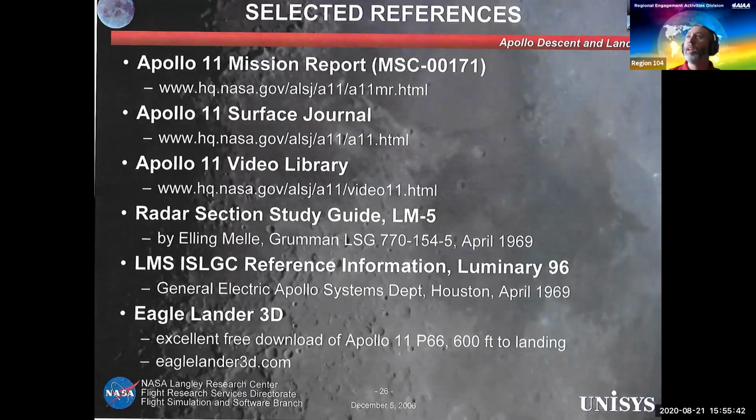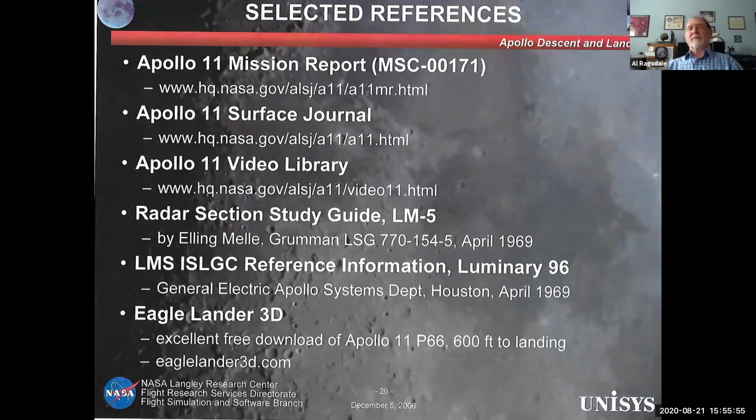Okay. Let's see, it says, were the IMUs the only source of the velocity vector components? Well, you have the AGS doing its thing over there with the strapdown system, but yes. They would uplink a state vector if it got too far off. They were tracking it with radar from the ground, and they knew where the computer thought it was, and if it got too far off, they would uplink a state vector from the ground. It said at this time you're at these coordinates with this speed, and then it would continue to integrate from those. And then of course the landing radar and the rendezvous radar